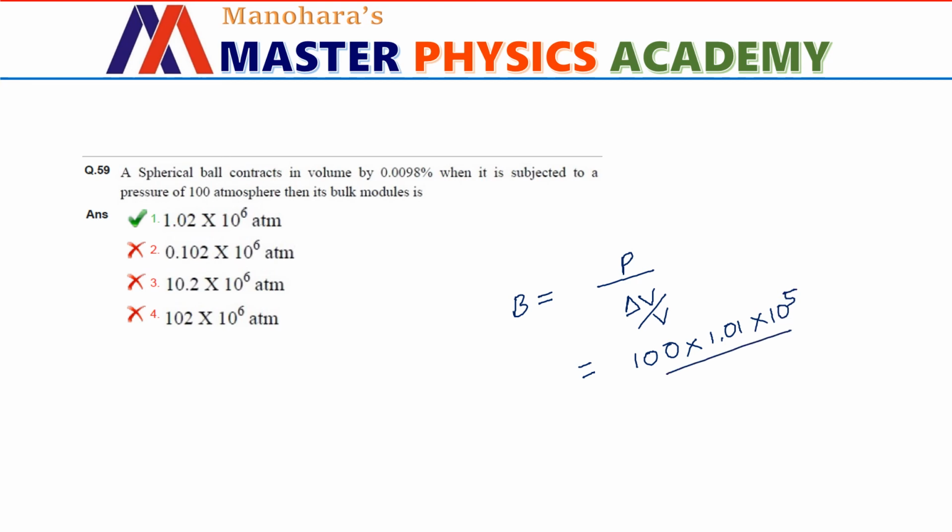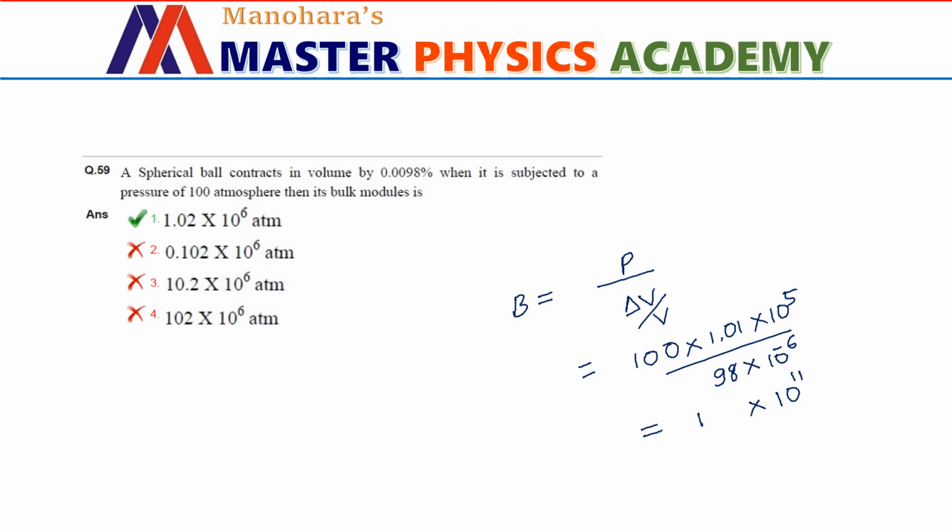It is given as 0.0098 percent, right? So what is that? It is going to be 98 into 10 to the power minus 6. So we'll have 100 divided by 98, which is almost 1 point something. 1 point something into 1 point something is a very small number, so it is approximately 1. Into powers of 10 we should check it now. It is going to be 10 to the power 11.